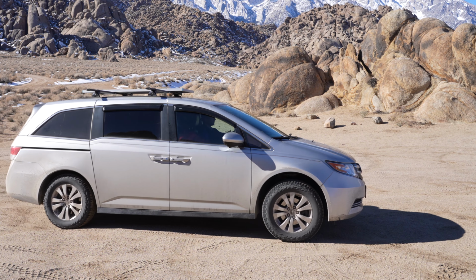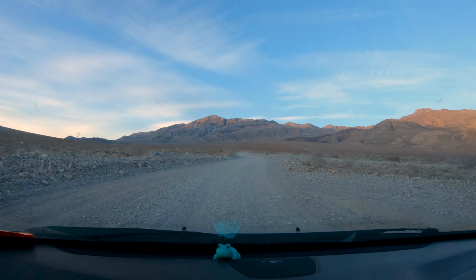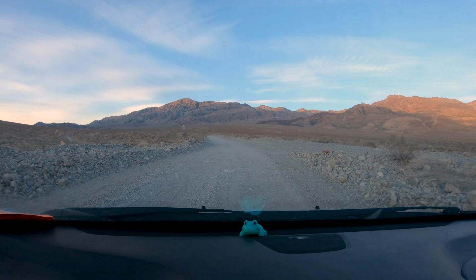The first thing, you might laugh, but I've had the van lifted. You might say, wait a second, you can lift a minivan? Yeah, apparently you can. Even on gentle forest roads, I had to be careful at times to avoid hitting the rocks in the median, or the middle, of the road. These forest roads aren't necessarily level. They've got a little hump in the middle usually,